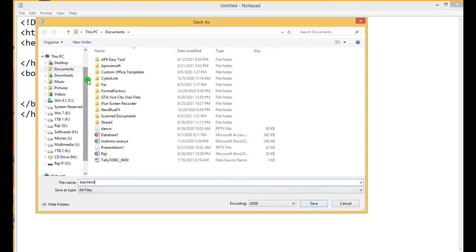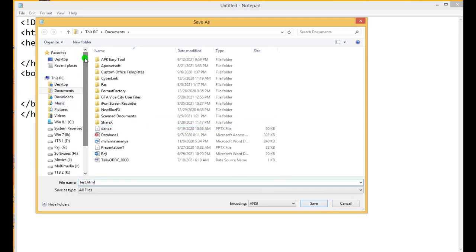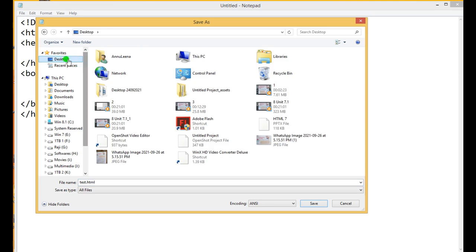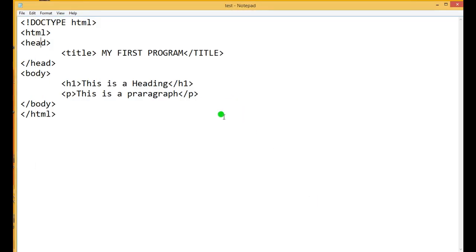Before clicking on the save button, you check where your file is going to be saved. For easily finding it, you can just click on desktop. Okay, just click on the desktop, then click on the save button. Then what is the benefit?